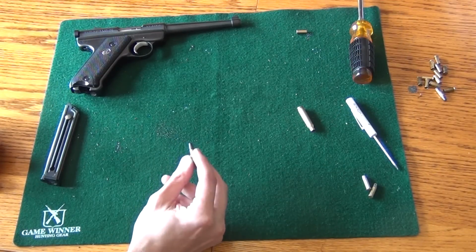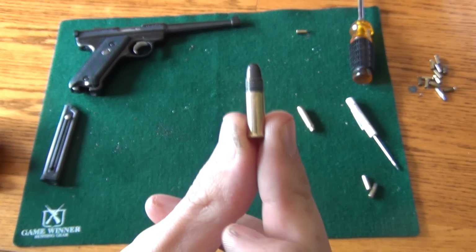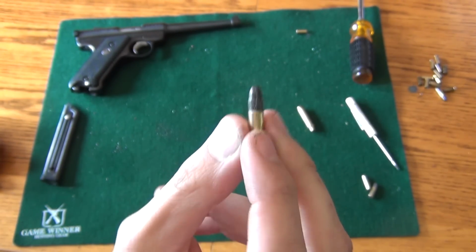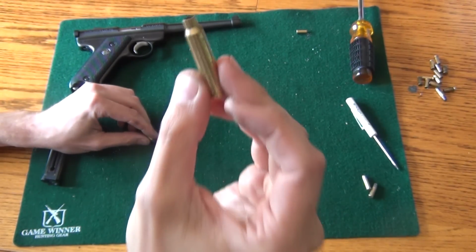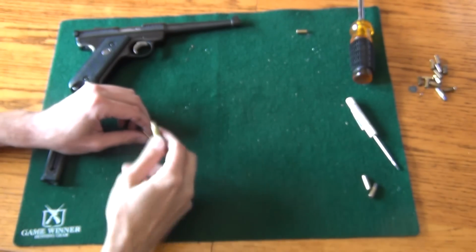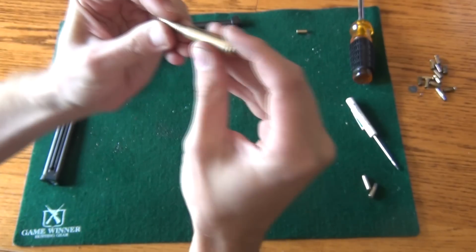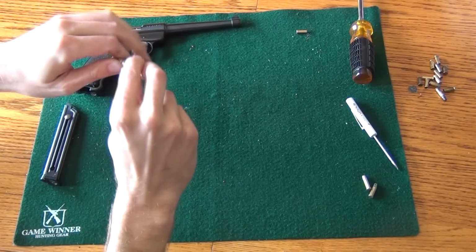First, what you need, I prefer using a 40 grain lead round nose bullet in doing this. Now you can use anything you want to, but I prefer lead, and you'll see why here in just a moment. The first thing you want to do is get a spent 223 casing, aka 22 long rifle bullet puller, and you want to insert